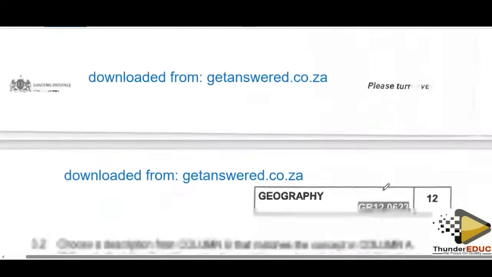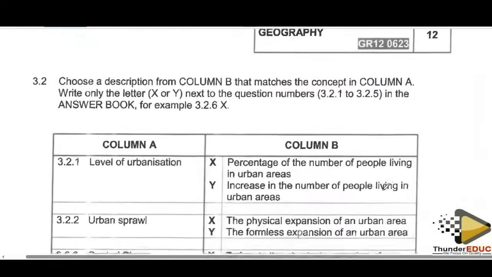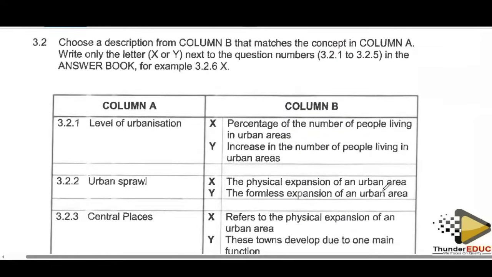Okay. Let's proceed to 3.2, which says choose a description in column B that matches a concept in column A. Write only the letter next to the question number. For example, for 3.2.1 to 3.2.5 in the answer book as 3.2.6, then you write the letter there. All right. So 3.2.1, they say